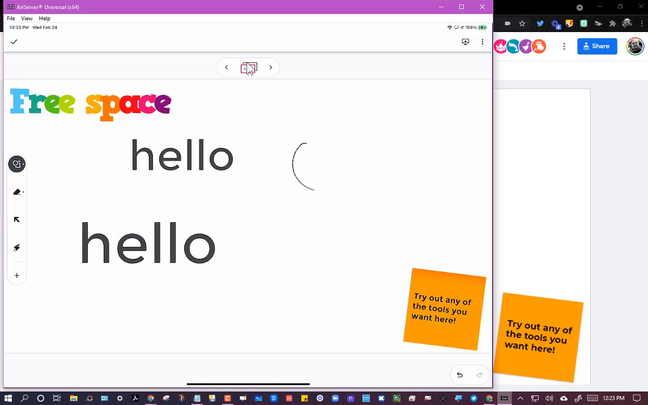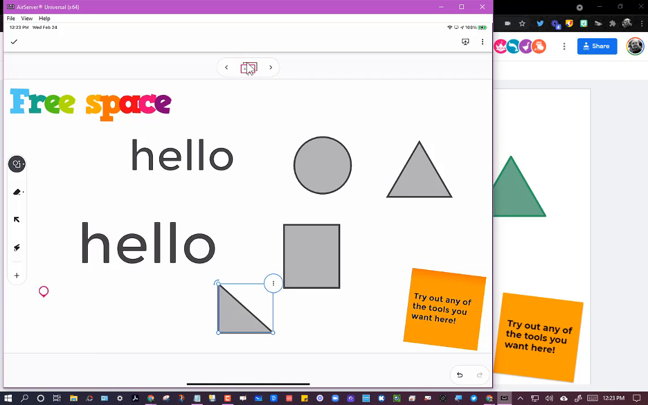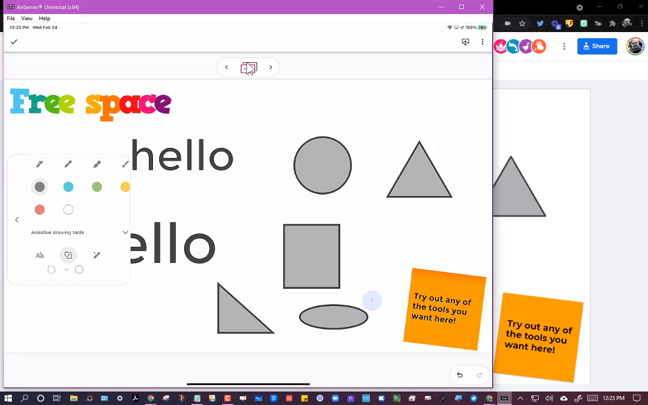So if I'm trying to draw a circle, it's not the best, but Google helps me out. If I'm trying to draw a square, it's not the best, but Google helps me out. Same thing with triangle. We can even do different types of triangles. We could do that oval shape in there so that it recognizes it and adds it in. Super cool. One final thing on the assistive writing drawing tools on the iPad or the Android version is the